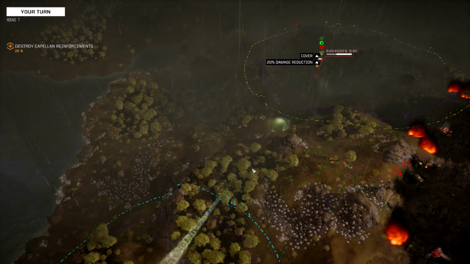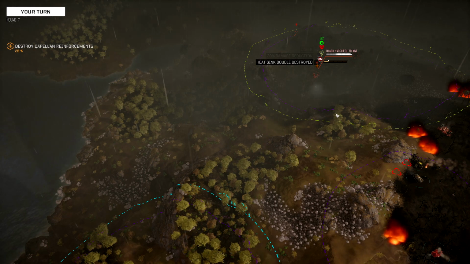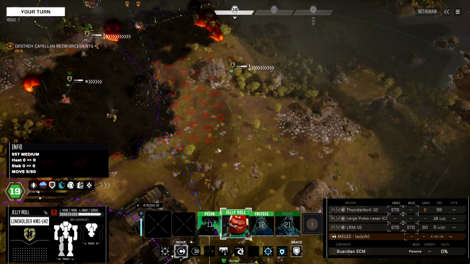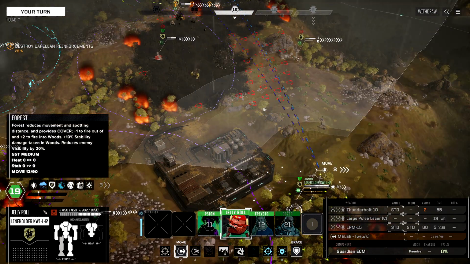I'm just going to use the Gauss Rifle. Double heat sink destroyed with a through armor crit. You love to see it. Receiving. Okay. And now, the line holder, after reserving all that time for no good reason,